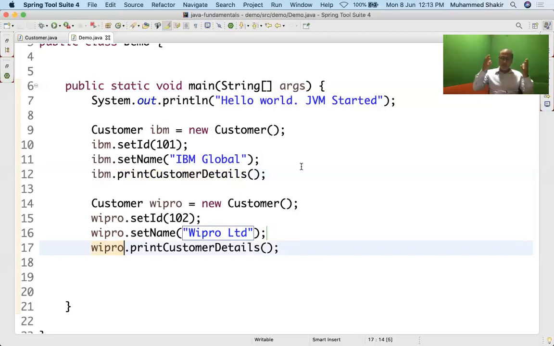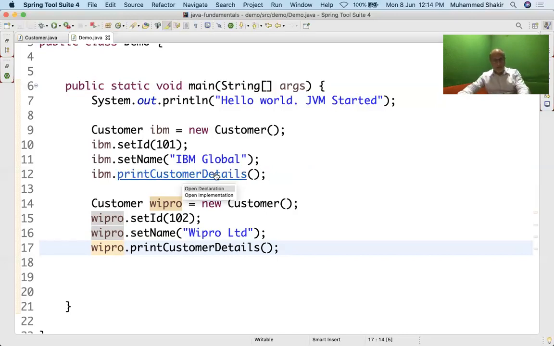See, the properties of a human being is color. Okay, color is the property. Now my color, I'm going to have my color on my face. I cannot use your color on my face. Similarly, you will use your color on your face. You cannot use my color, right? So each and every object will use its own state. I repeat, each and every object will use its own state.